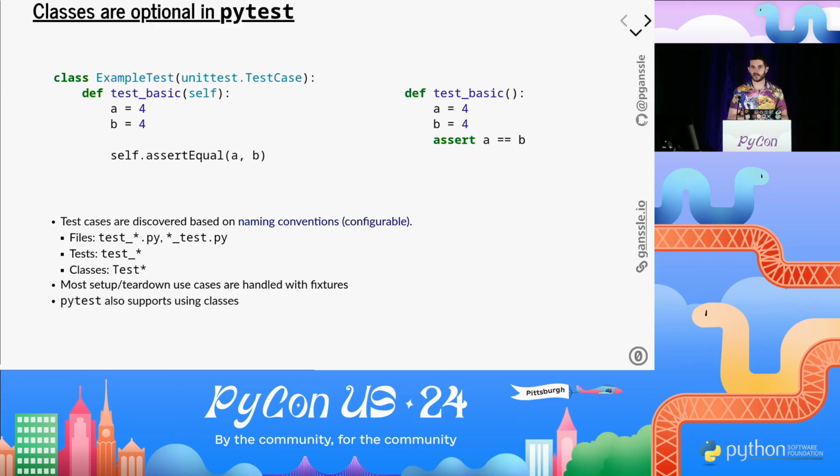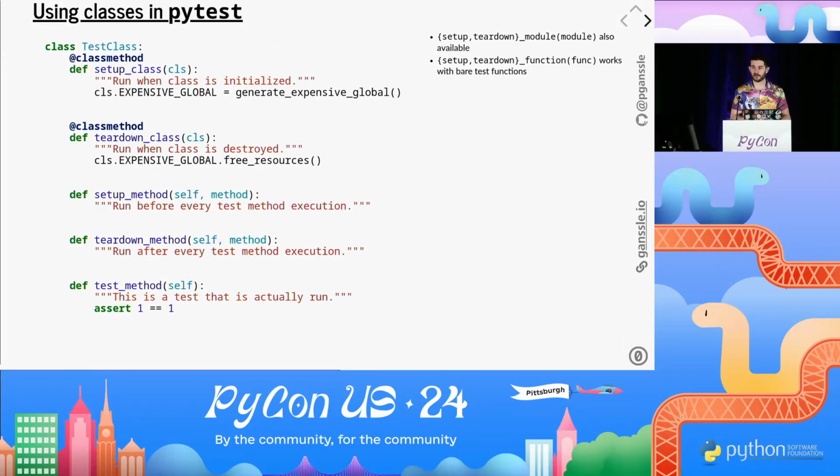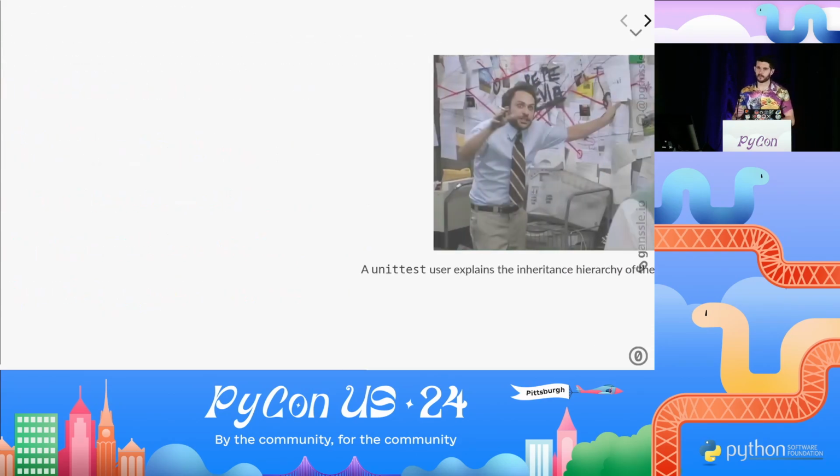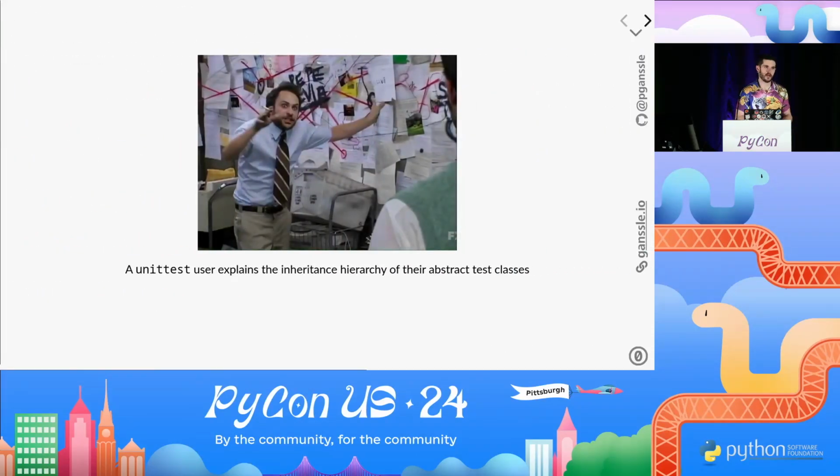Setup and teardown is generally handled with fixtures. But if you want, you can do a sort of incremental migration by just making your test cases not inherit from unittest.TestCase, and it will still work. Pytest supports putting your tests in classes. It also supports setup and teardown methods, both at the class level, at the function level, or at the method level, and even at the module and function level. But I think a lot of times people don't use this sort of strategy in pytest because